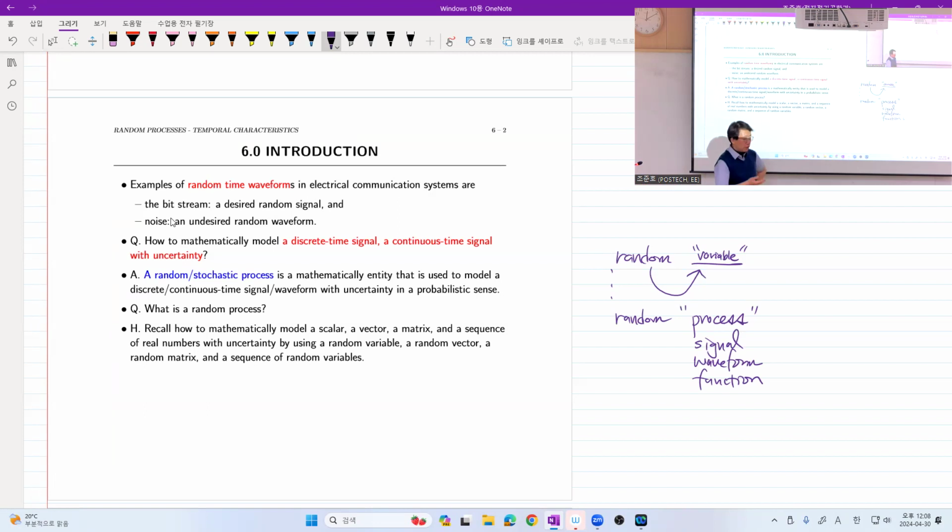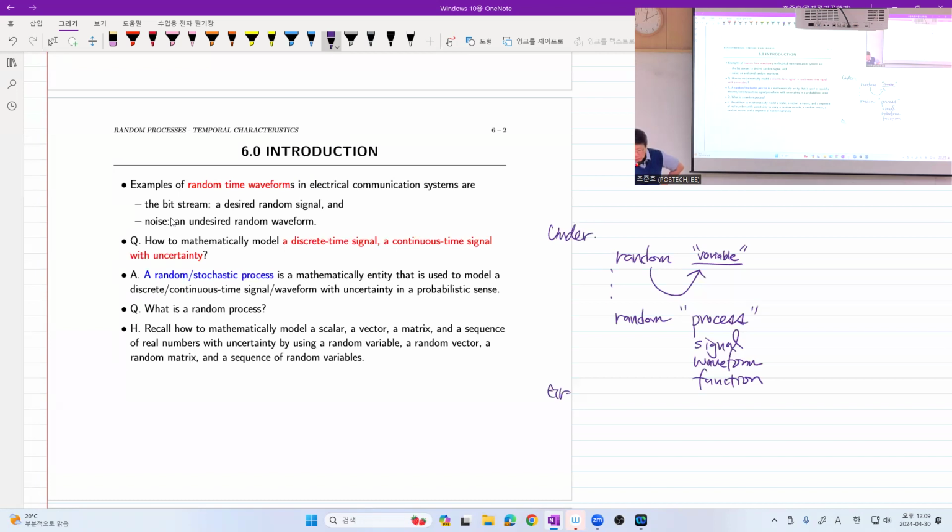If I ask you, what is a random signal? You may say that a signal with uncertainty, whose uncertainty is modeled probabilistically, right? So now you have a signal that has uncertainty. You have a waveform that has uncertainty. You have a function that has uncertainty. However,